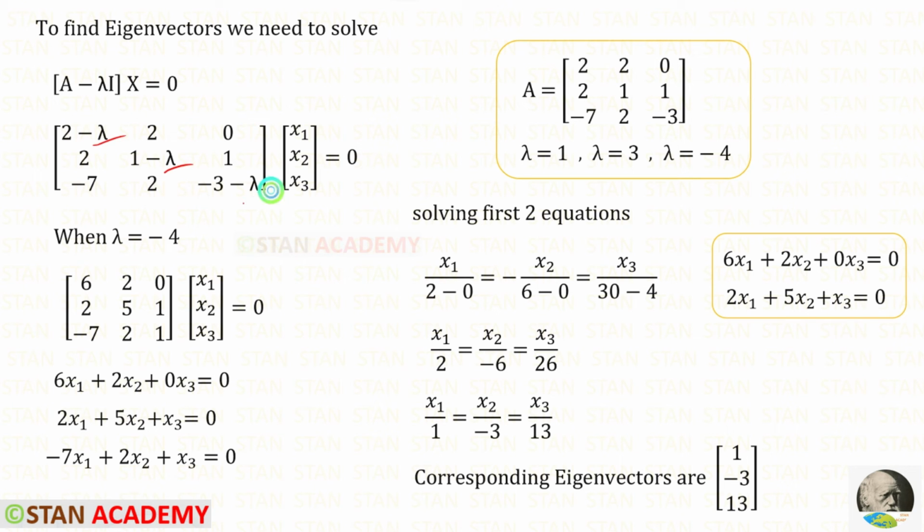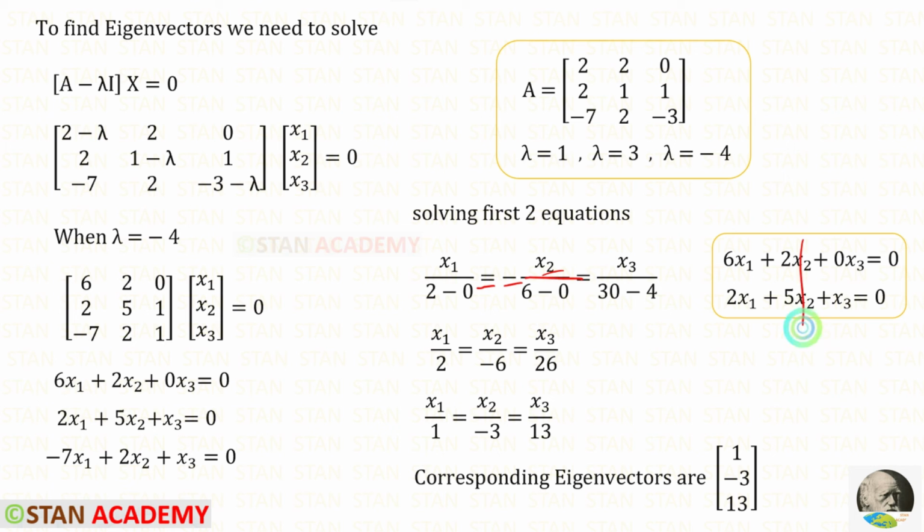Now for lambda we have to apply minus 4 so that we will get these. Then we have to multiply the rows with the column so that we will get these 3. We can take these two equations and then solve them. X1 upon, we need to cut these. 2 into 1 it will be 2, minus 5 into 0 it will be 0, is equal to minus x2